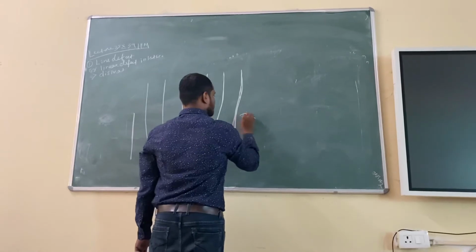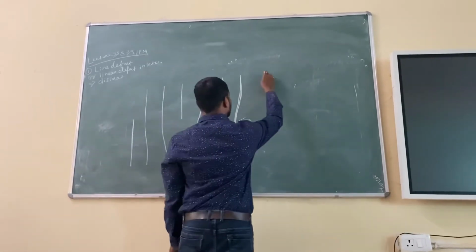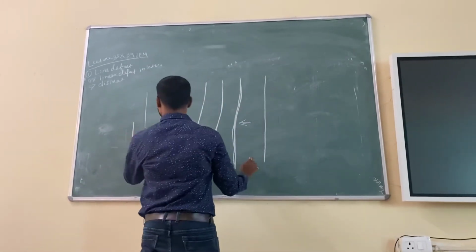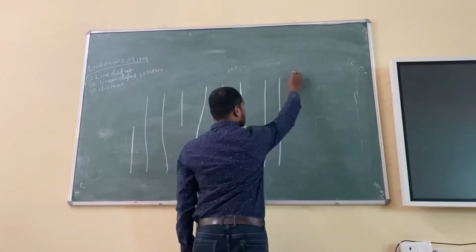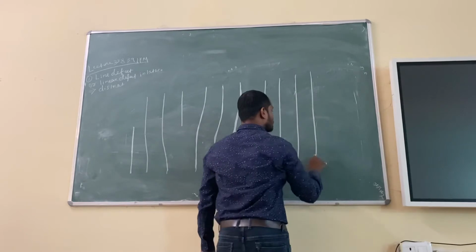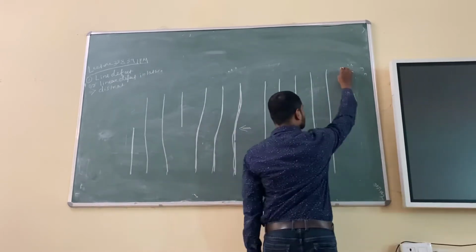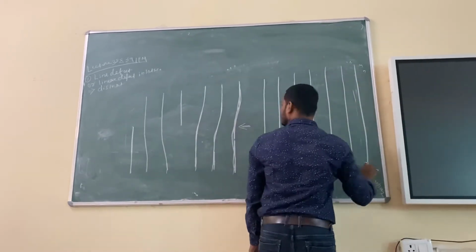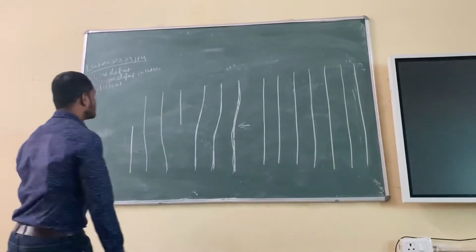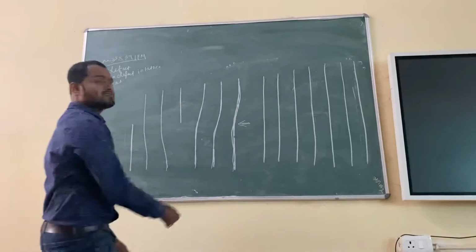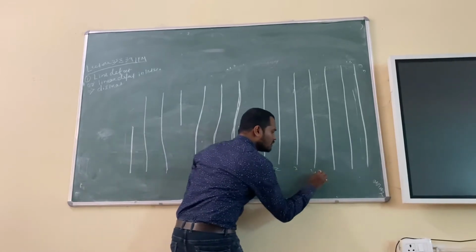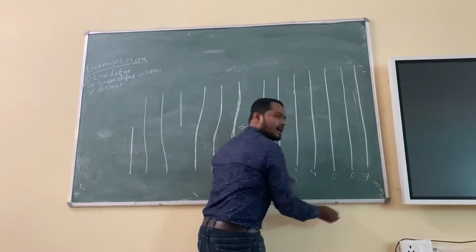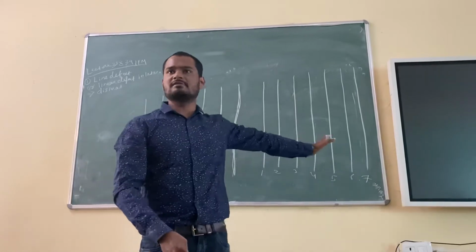This is the result. Suppose initially you have 1, 2, 3, 4, 5, 6, 7. So this is the initial diagram, for example. This is 1, 2, 3, 4, 5. So I have 7 atomic planes. I am showing 7 atomic planes. Fine.